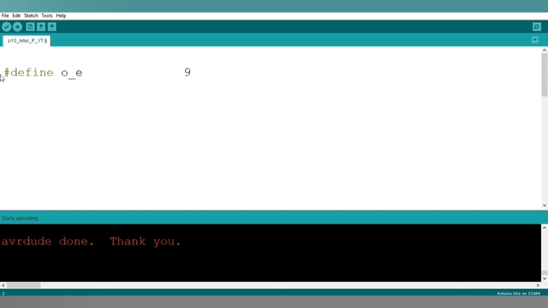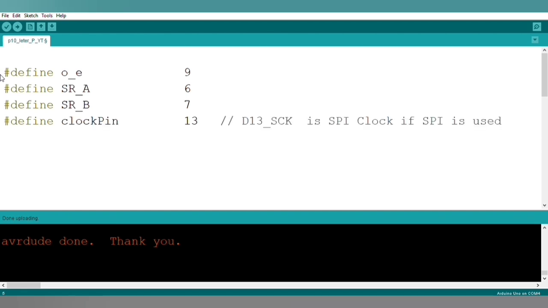Let's see the programming part. Here we are using Arduino IDE and our development board is Arduino Uno. So we are initializing our program with the pins for our P10 module. The output enable pin of this P10 module is connected to pin number 9 of Arduino Uno, and so on, we have connected all the other pins